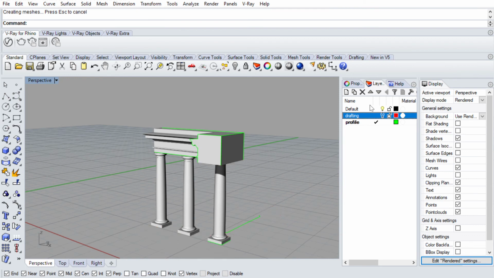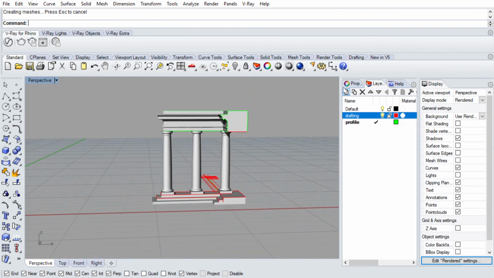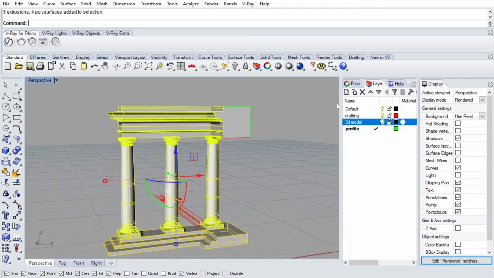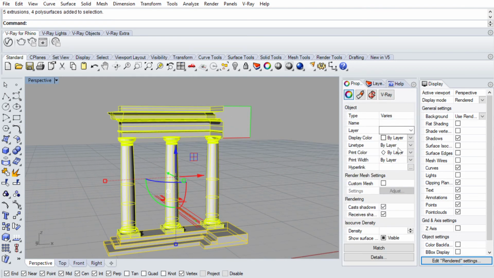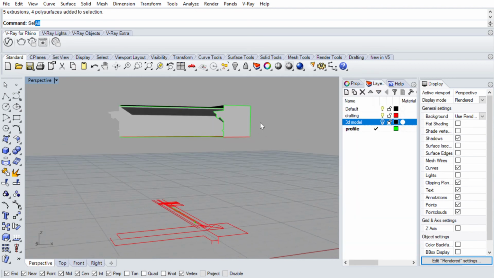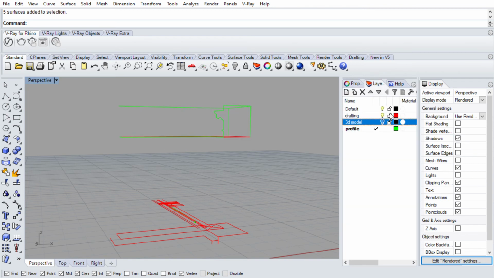And I'm going to hide. Let's choose all the solid geometry and put that in a layer. I'm going to type in 3D model, select polysurface. That will give you all the surfaces we modeled. I'm going to move that to 3D model. Hide them for now. Select surface. Let's choose these guys as well. Put that in the layer. I'm going to hide the